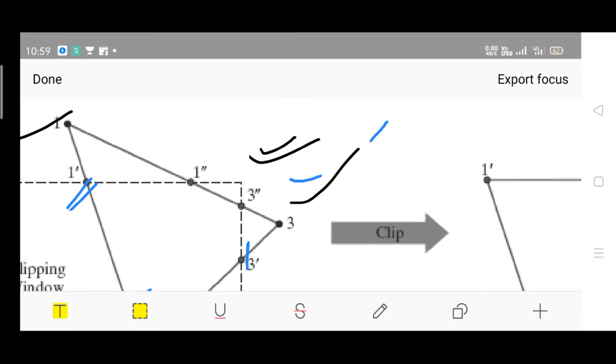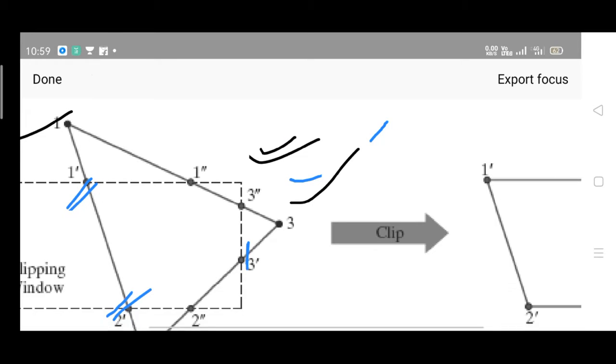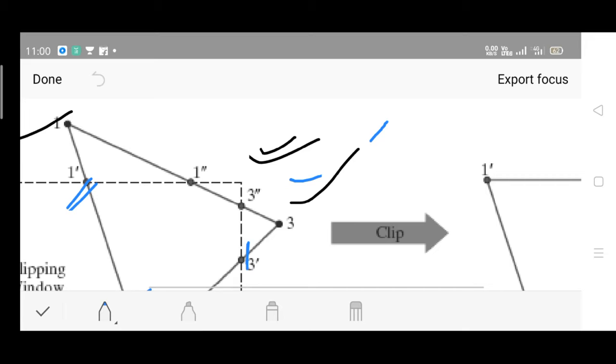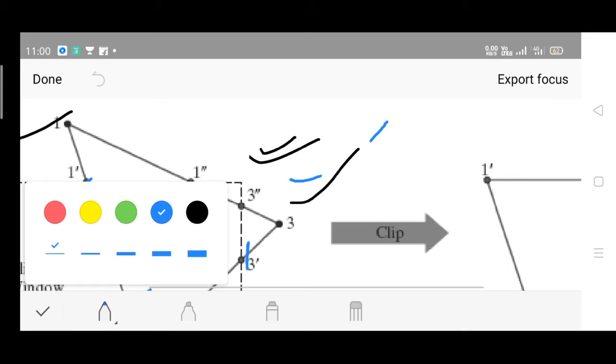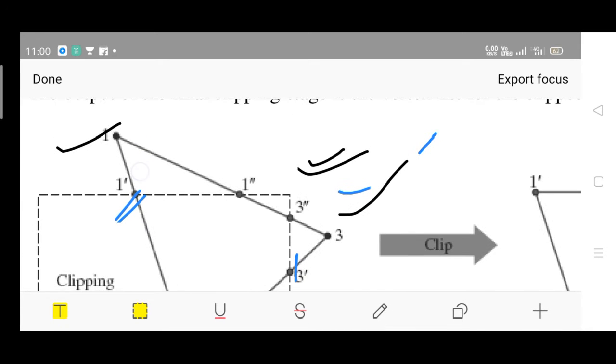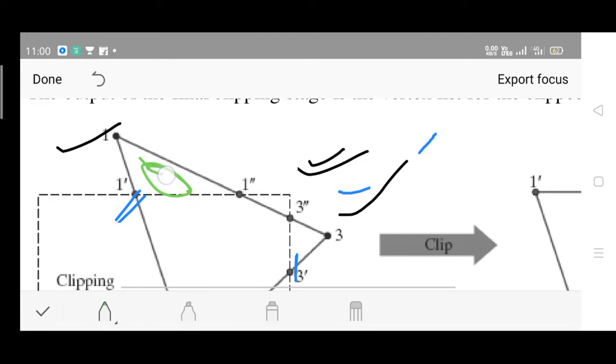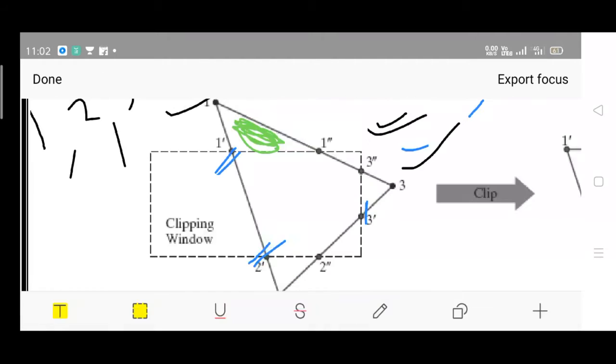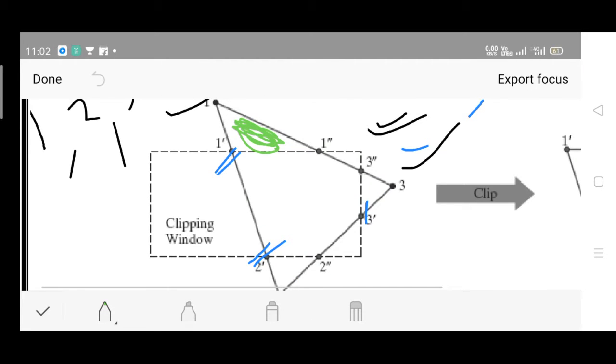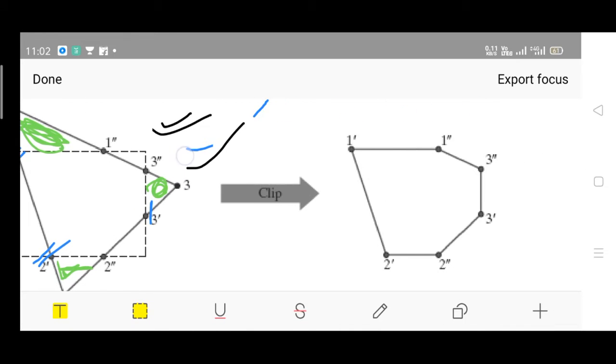So observe carefully, you have to clip off, let me change the color, yeah, see this particular portion, you have to remove from here, and in this region also we have to clip off this particular portion which I am highlighting, concentrate, and the bottom portion, the portions which fall outside the clipping rectangle or clipping window, right? So this is the updated model.